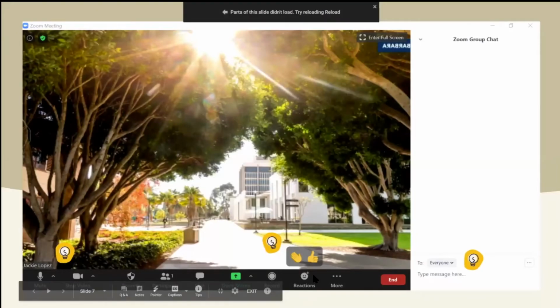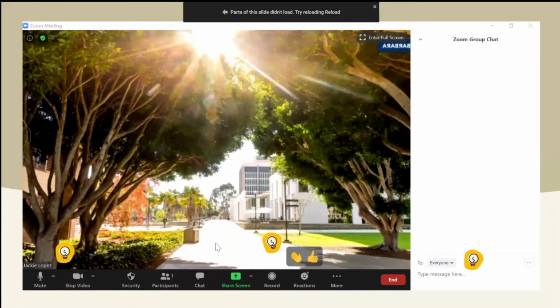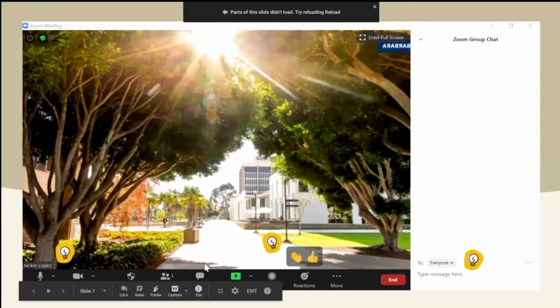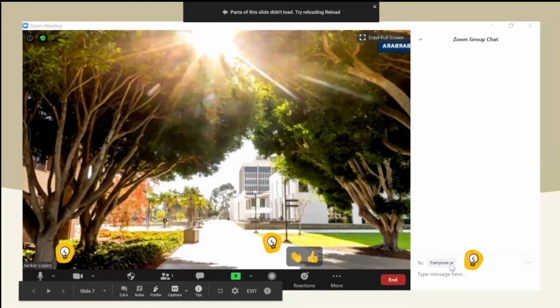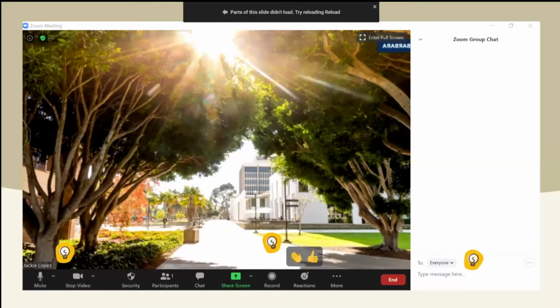Right-hand section. And if you download the latest version of Zoom, there will actually be more reactions available. And then in the middle section, you'll find the chat feature. And right here, I just popped it out, and you can see you have the option of chatting everyone sometimes if that function is available, or sometimes you'll have only the option to chat the host as it is with this presentation.